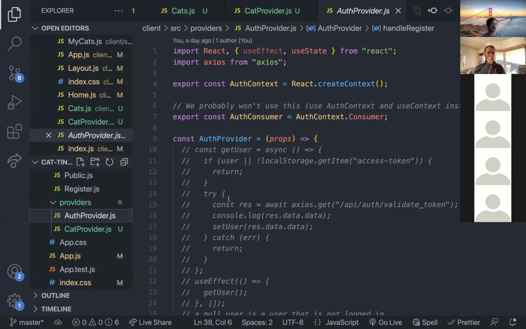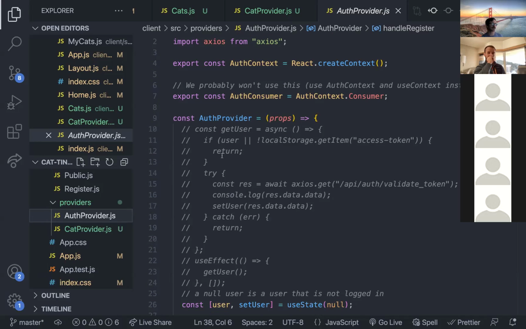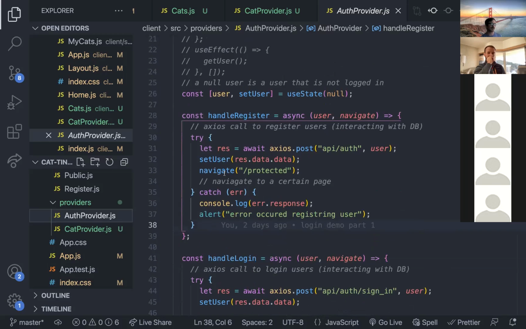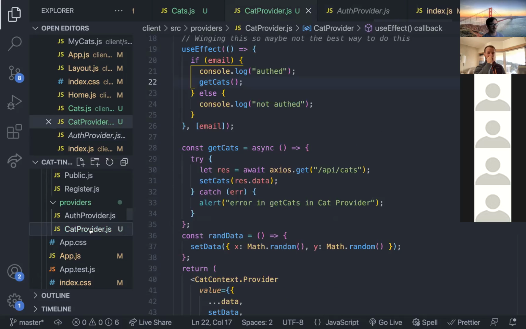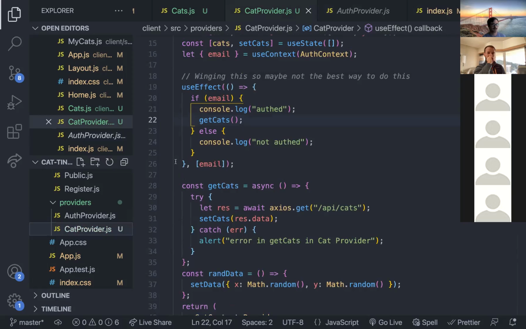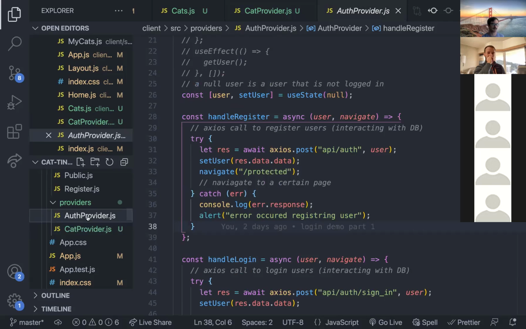Cats are going to be specific to a logged in user. If we really wanted to get the cats on mount, I think our auth provider would be the place to do it. If I'm trying to see, do I have a user, and if I do, get the cats, that should probably go in this section. That seems to be related to my user. I think cats are, but